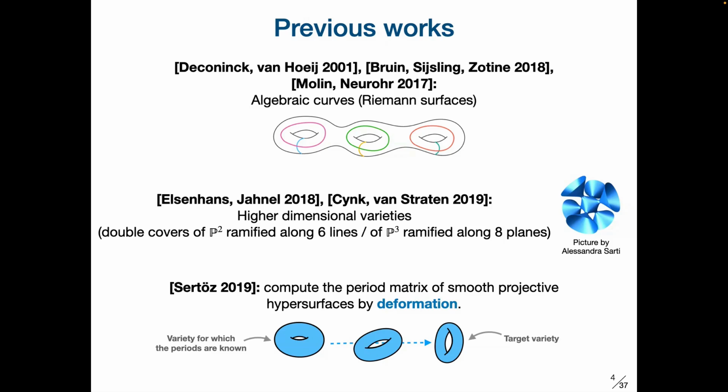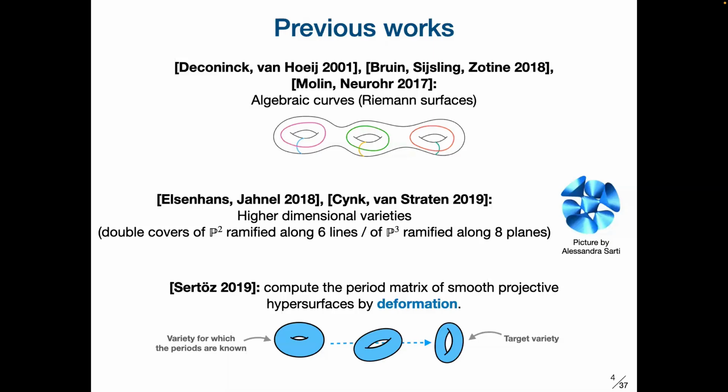So the first few papers that dealt with higher dimensional varieties are these papers of Esserhans and Janel and Zink and Van Straten, where they deal with Calabi-Yau varieties, which are obtained as double covers of some projective space ramified along some hyperplane arrangement. And finally, there's one important paper for the sake of what's coming next, which is this algorithm